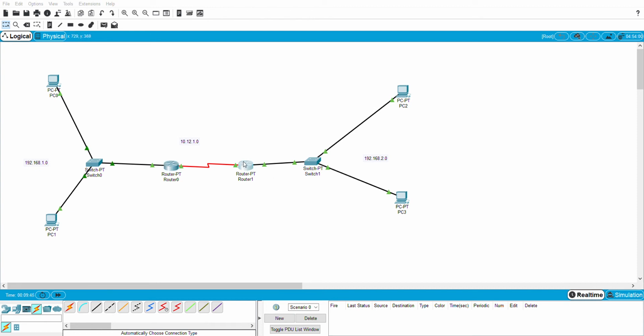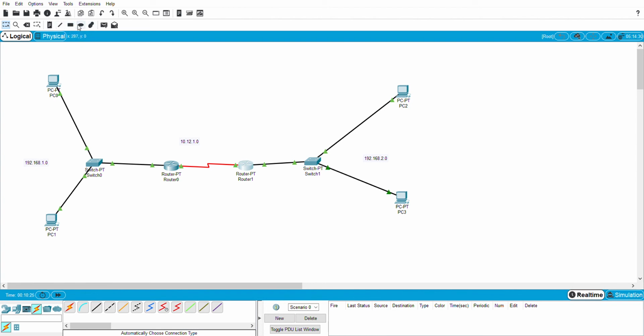Similarly for this router. Okay, so this is all done.